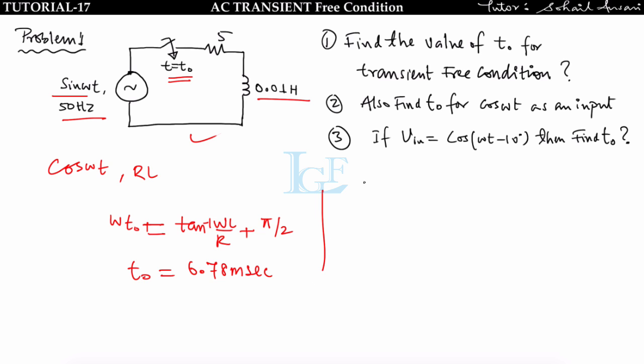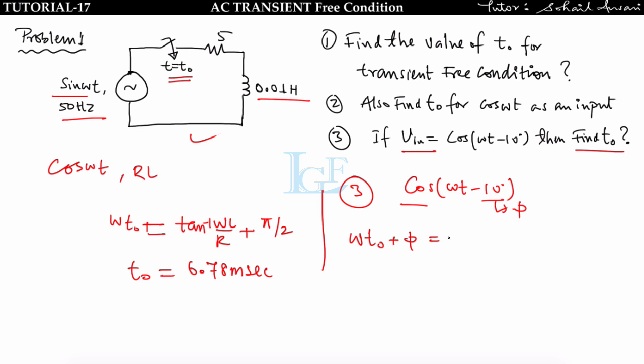Now see the third question. The third question is saying if input voltage is equal to cos omega t minus phi, means input voltage is cos omega t minus 10 degree, then find t naught. So excitation is cosine, having initial phase phi is equal to 10 degree. So we can write the formula omega t naught plus phi is equal to tan inverse omega L upon R